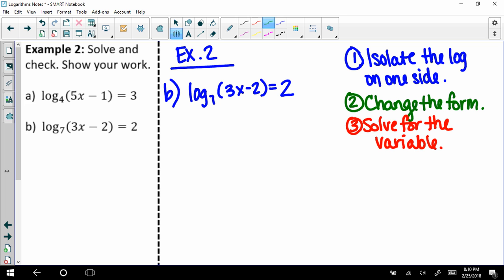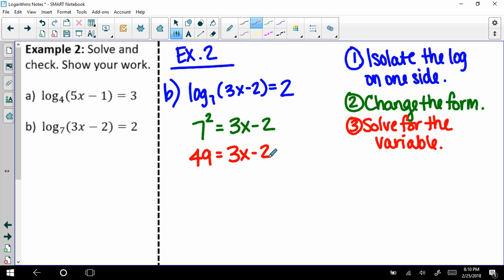Okay, step 2, we change the form. So then change it to exponential. So 7 is your base. These can't be together, so 2 is your exponent, and that's equal to everything inside the log, which is in the parentheses, 3x minus 2. Okay, then our last step is to solve for the variable. So 7 squared is 49,